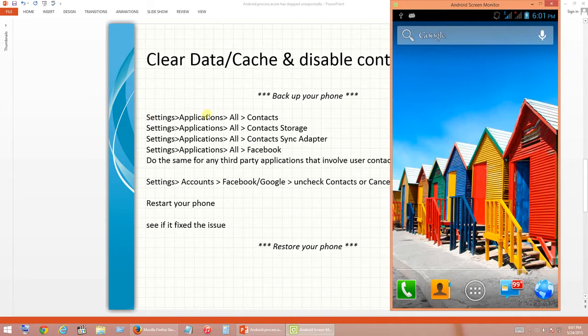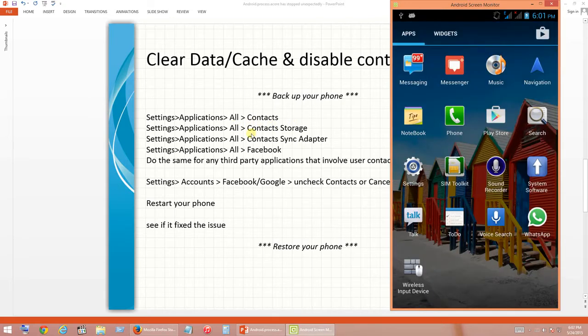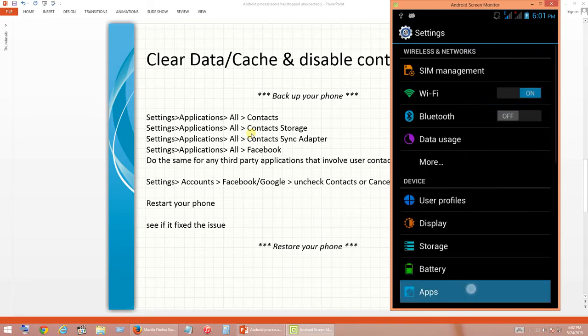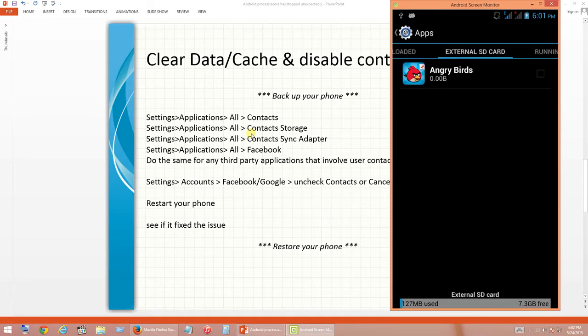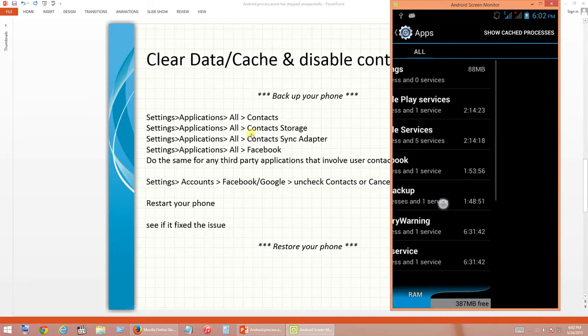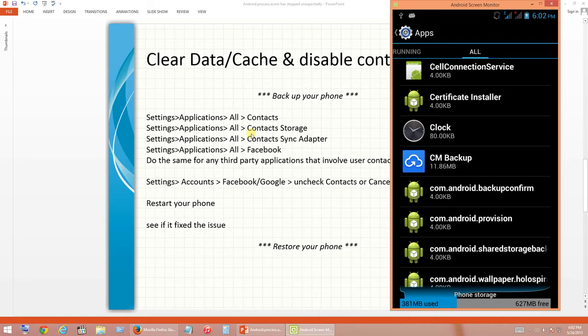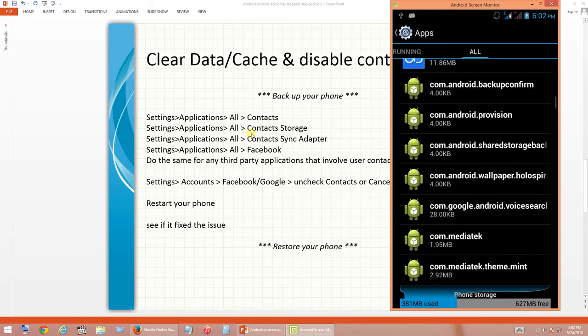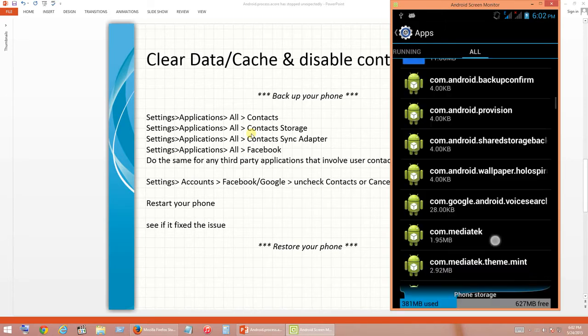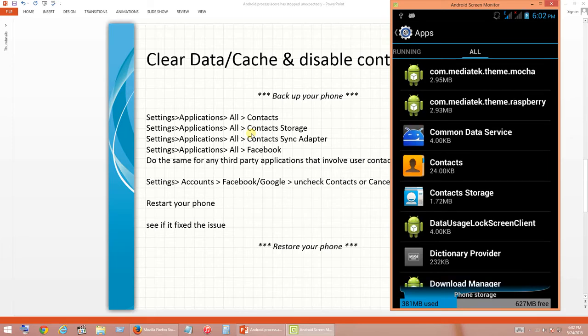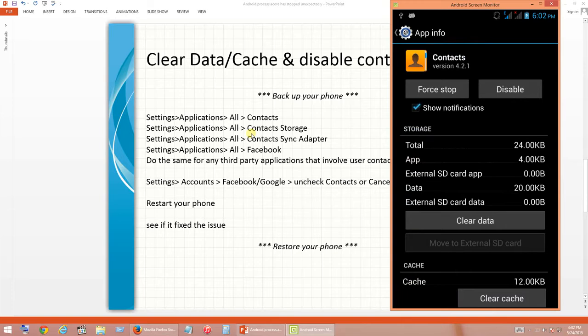You have to go to settings, applications, scroll to the left side and choose all. Under all, contacts is available over here. Choose contacts, and you have to click clear data and clear cache.